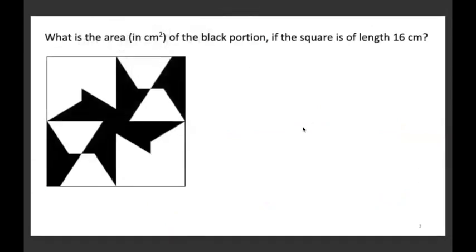What is the area of the black portion if the square is of the length 16 centimeters? Square का length is 16 centimeter. हमको area of black portion ढूंढना है इसमें. Okay,